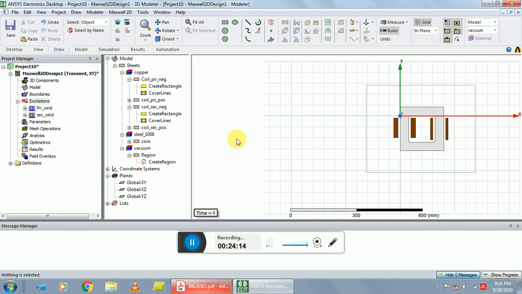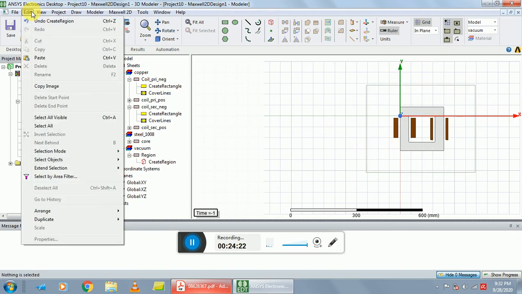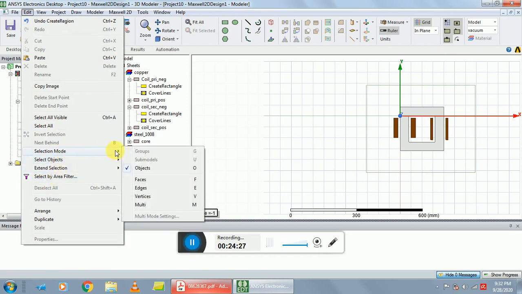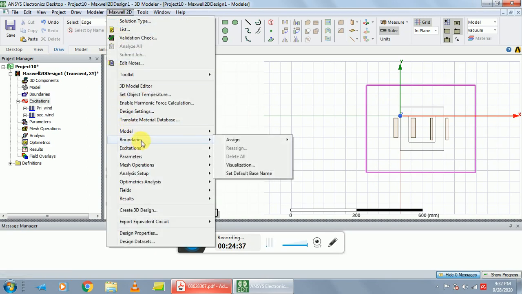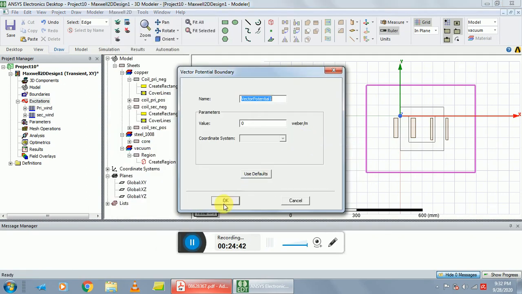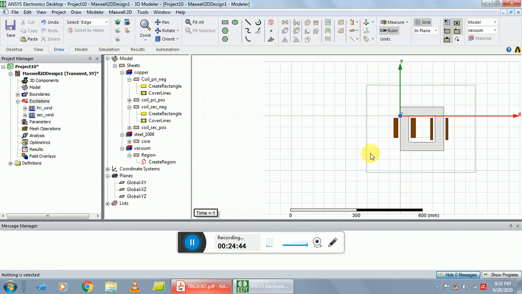First select the boundaries. Here we select the edges of the outer side. Go to edit and change the selection mode. Mode is edges. Select all edges and again go to Maxwell 2D, click on boundaries, assign vector potential and make it OK. Here we apply the boundary, the vector potential 1. After the completion of this step,